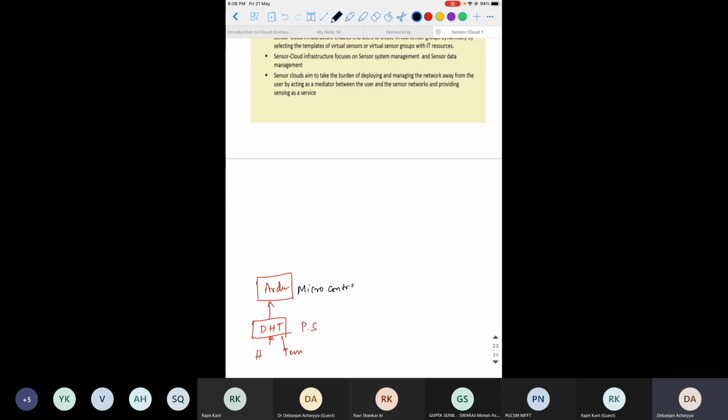So what you'll do, it will take the data, and then you have one wireless module. It may be a Wi-Fi module, maybe a Bluetooth module. So this is the wireless module. Then you have a gateway.